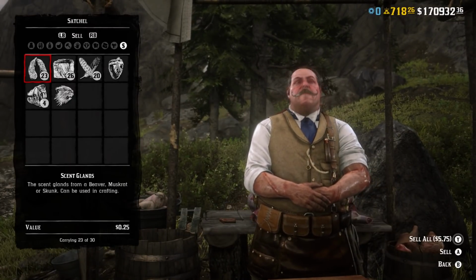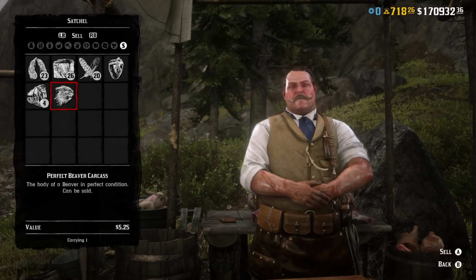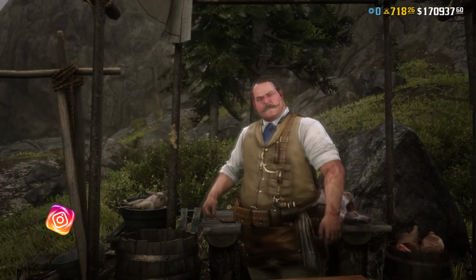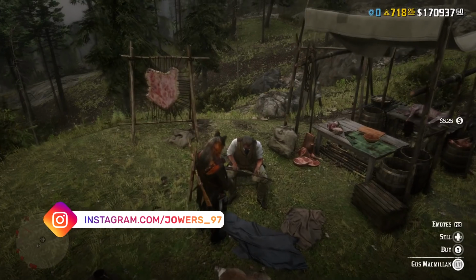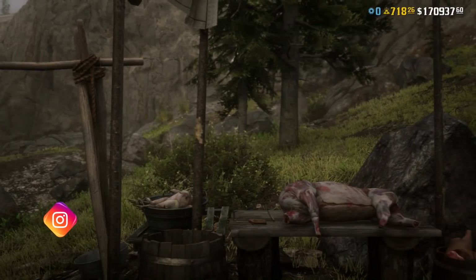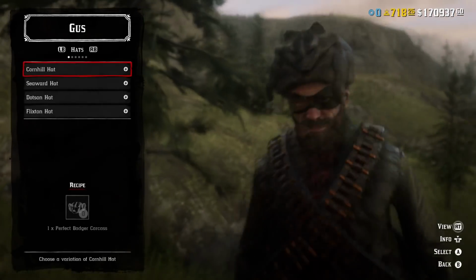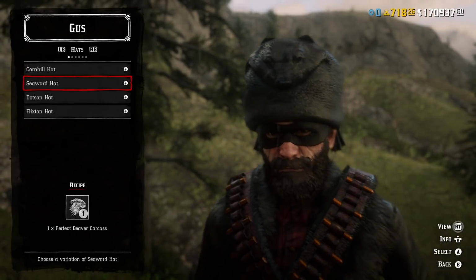I even did it for my first legendary animal. I found a beaver, I picked it up, chucked it on the back of my horse, went over to Gus, sold it to Gus, got money out of it, didn't get the garment. Now I need to find that legendary beaver again. I would love for Rockstar to change this, but there's other issues right now within the game that need Rockstar's